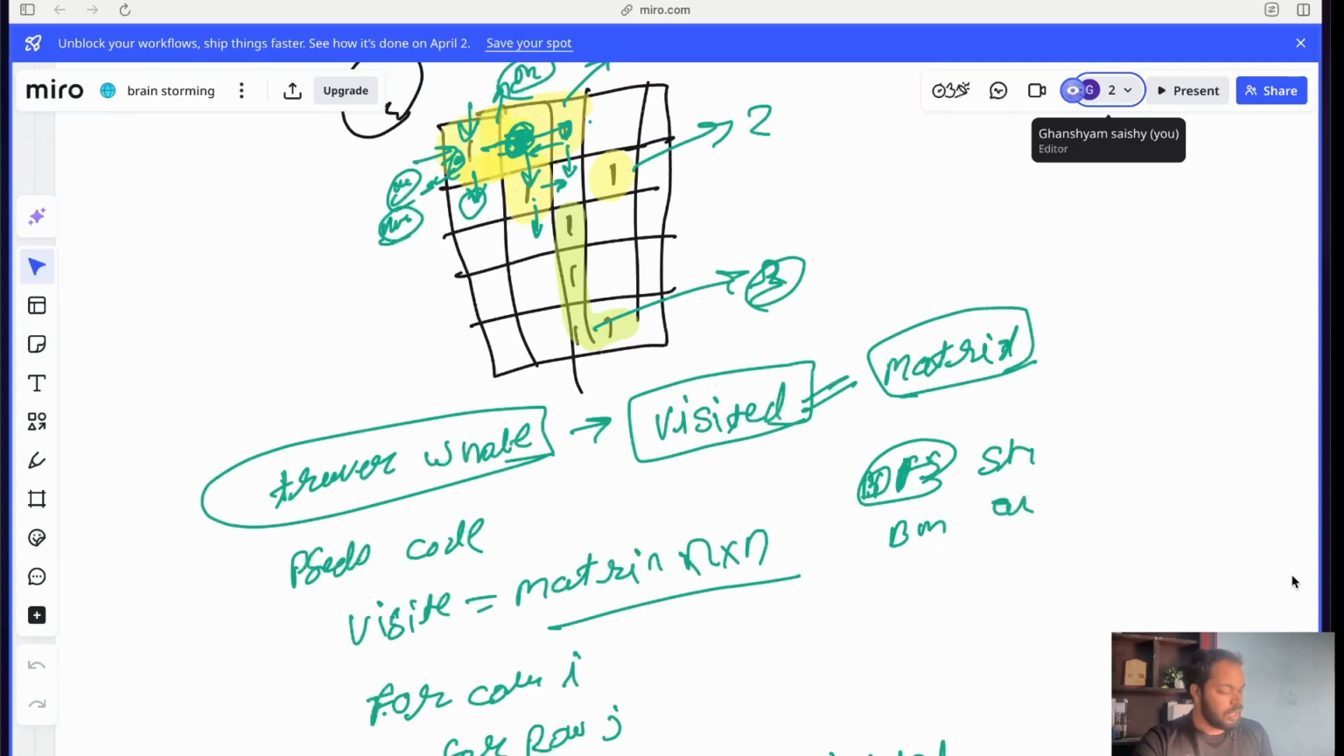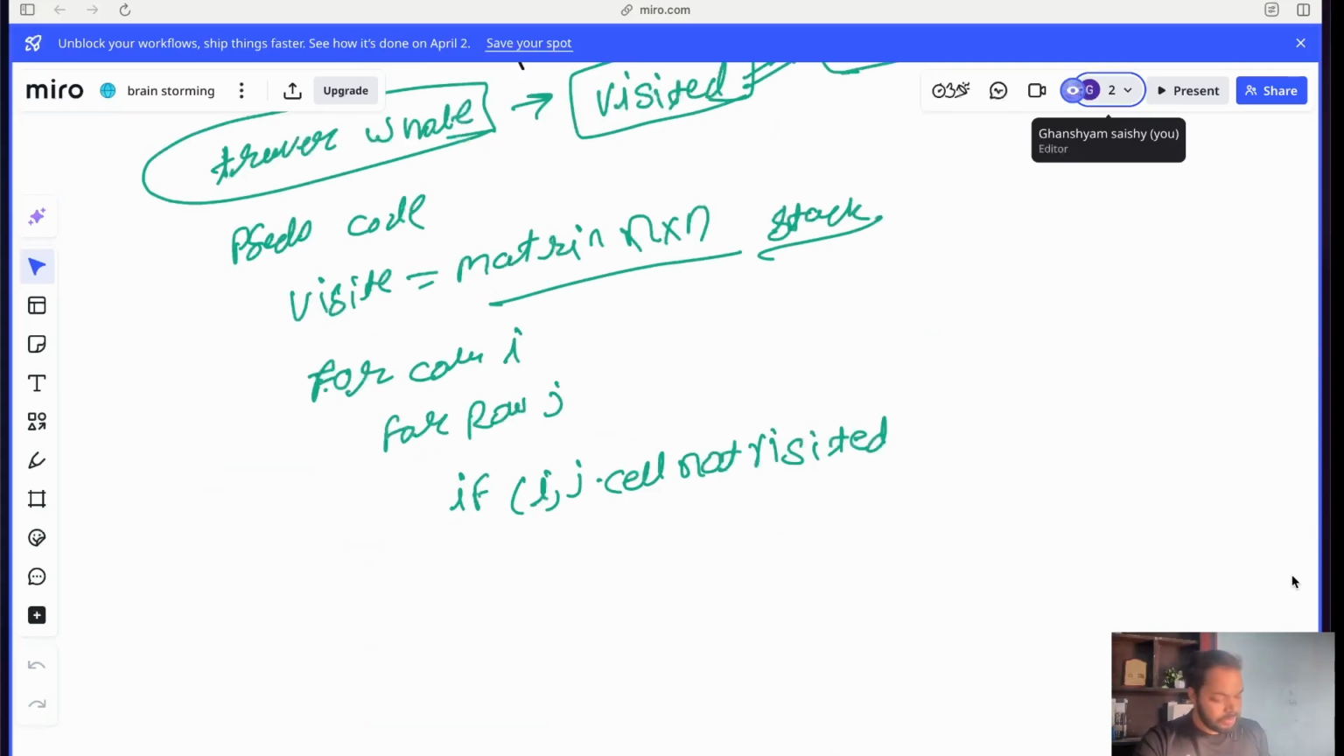Both work. Anyone will work here. So I will take a stack here. Okay. So if it is not visited, then we'll create our while loop and start the journey. And the while loop says, okay, once more, before doing that, we will push into the stack,